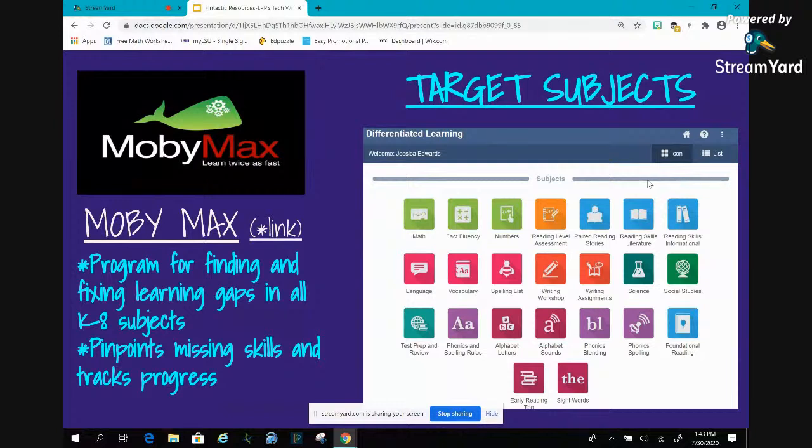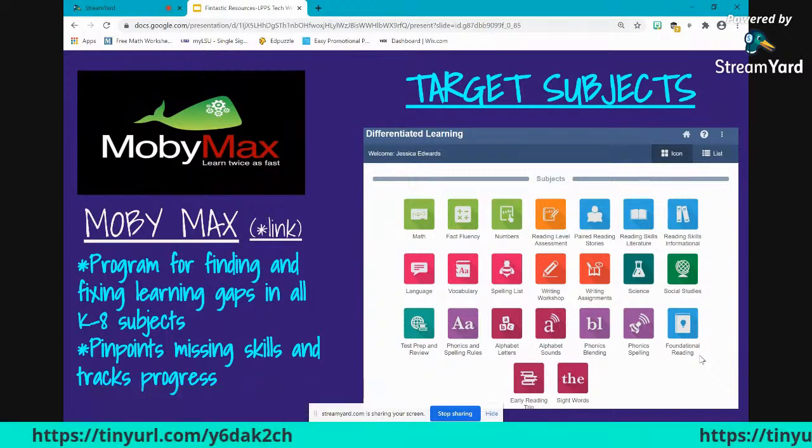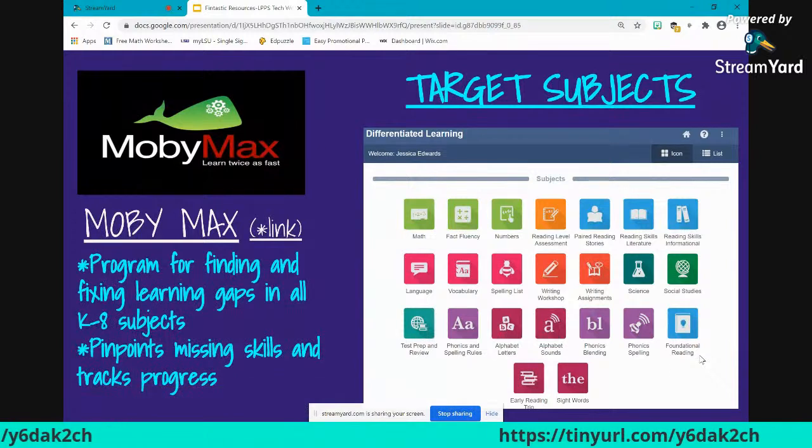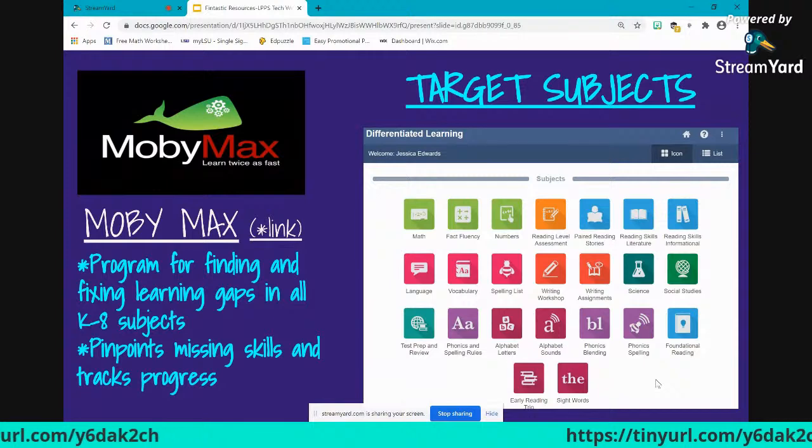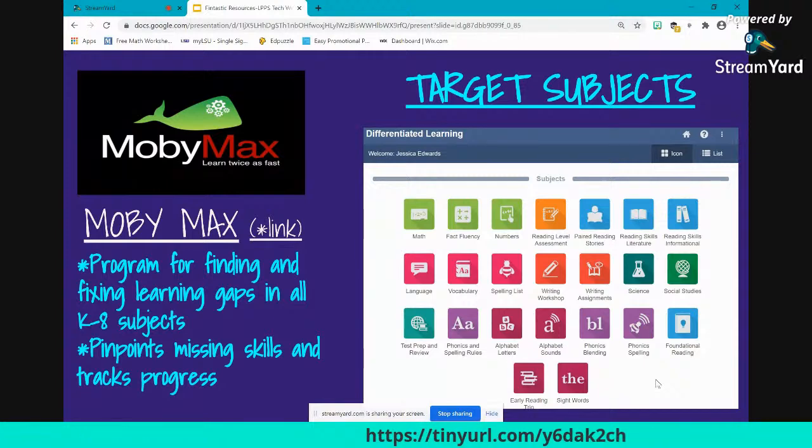As far as this dashboard, you might have a middle school student that does not need any help with phonics and spelling rules. So there is a way to take some of these apps off of the dashboard and only leave certain ones on there. So as a teacher, you can delete some apps and leave others. So it doesn't always have to look like this. It can look however you want it to look, and you can make it look the way that you want it for specific students and kind of individualize it for them.